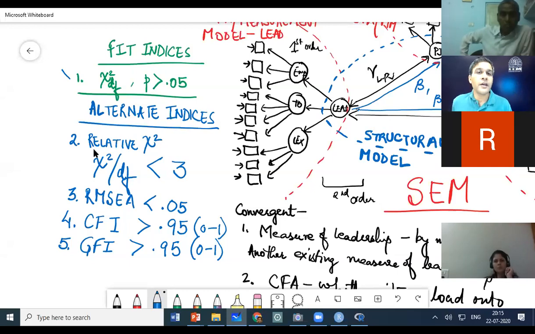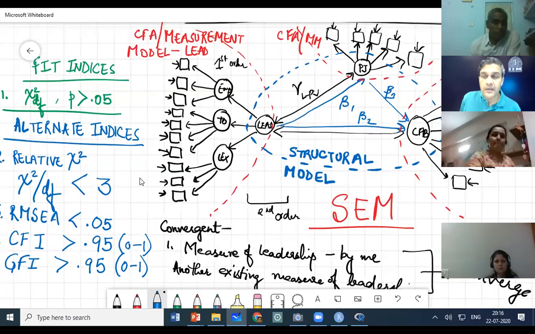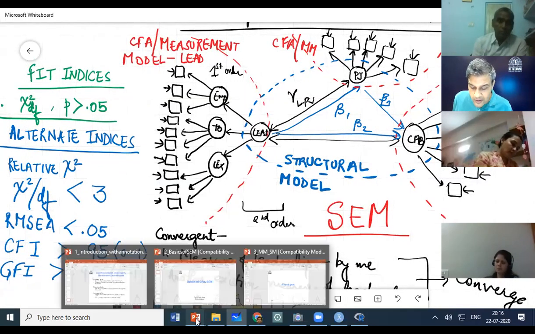But if one fails, and your 2, 3, 4, and 5 are giving you good results, then you can say that my model is a good fit even if my chi-square test is failing, because it has been commonly observed that chi-square fails for large samples or complex models. Is that clear for everybody? Right? And that is what we are going to do when we do our factor analysis. Is that okay?